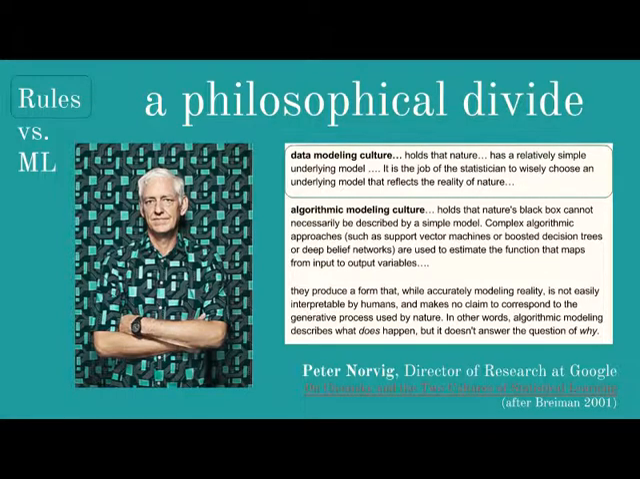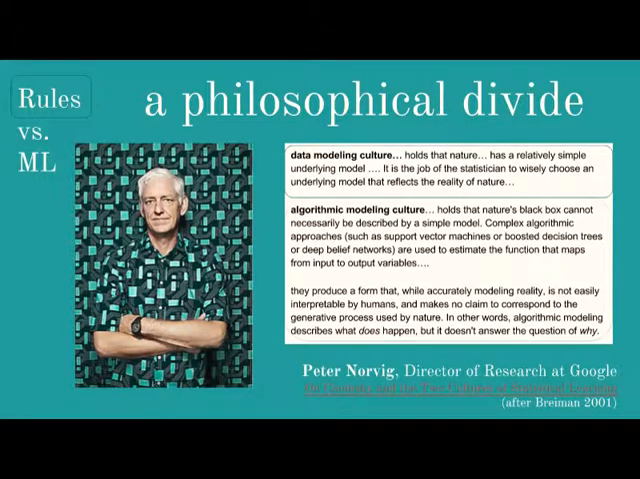So here I've identified what I think are the connections. Statisticians describe it as a data modeling culture, which thinks that nature has, this is maybe a straw man here, an underlying model that can be understood, and the job of the analyst is to choose a model that mirrors the real model to the extent that's possible,